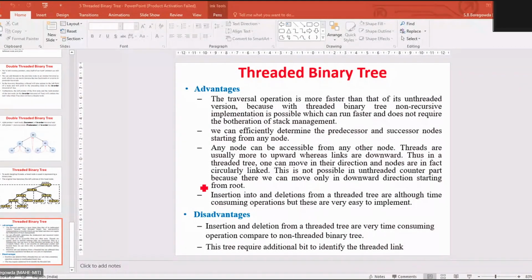Suppose, for example, you keep adding the nodes like this: A, B and C. I added the nodes here, right? So here the balance factor is 1. Here the balance factor is 2, because this is 0, this is 2. It is more than that. So now the imbalance occurs at node A.